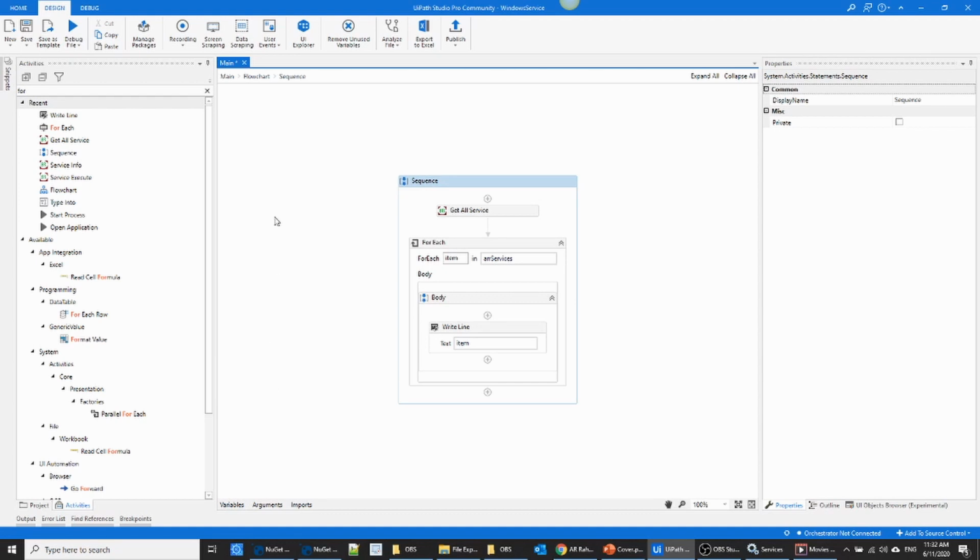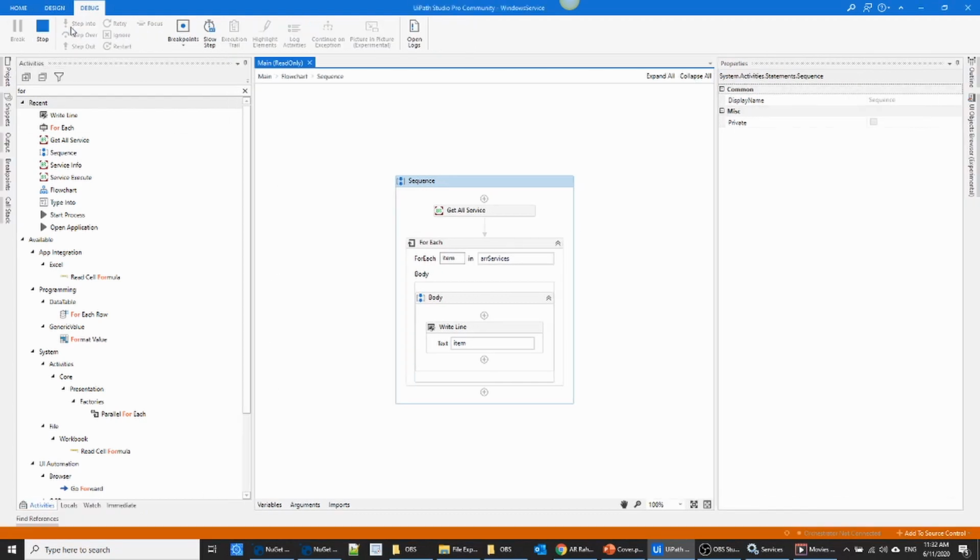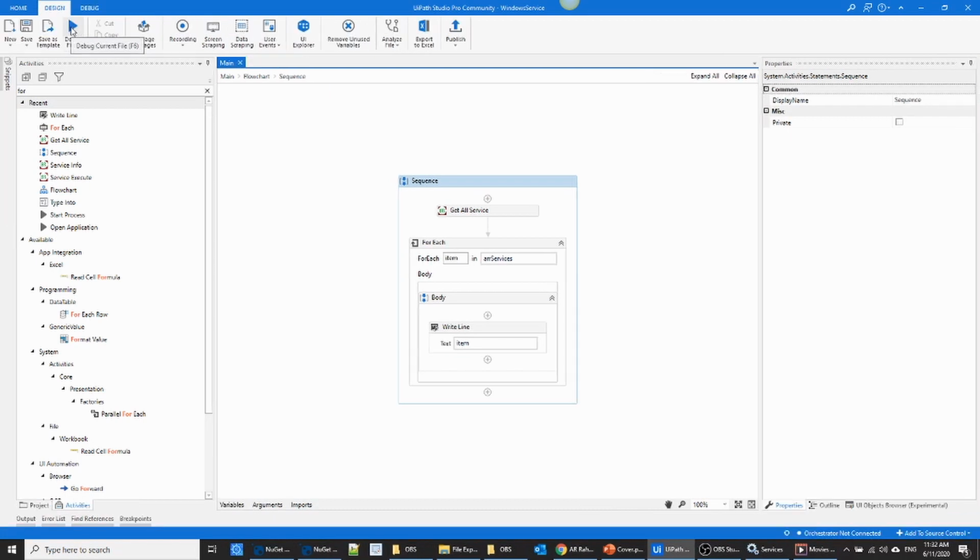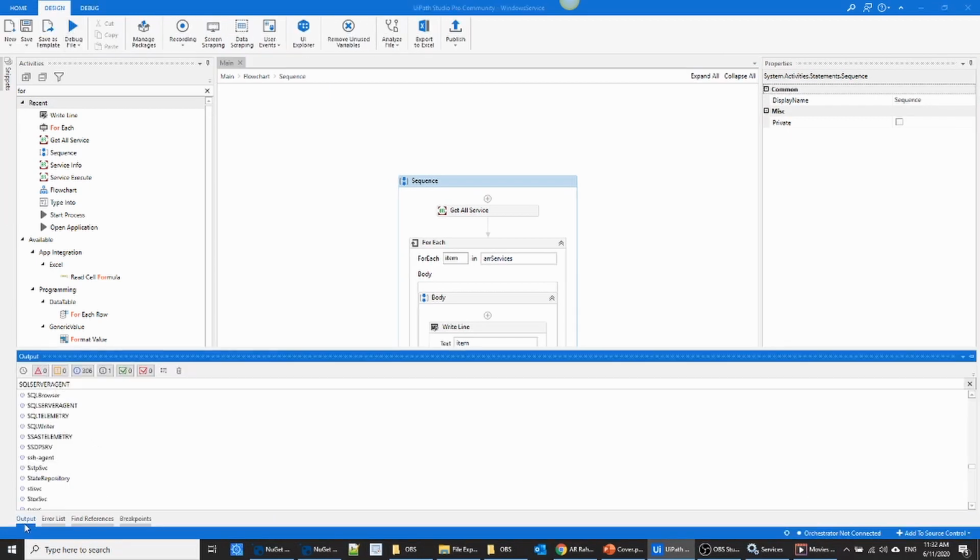I'm going to execute the process. When you go to the output window, you can see all the services. See, it lists all the services.